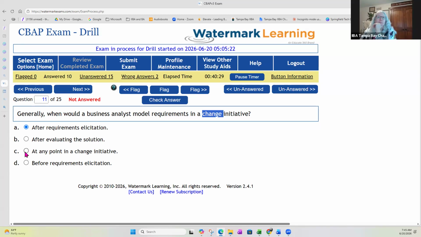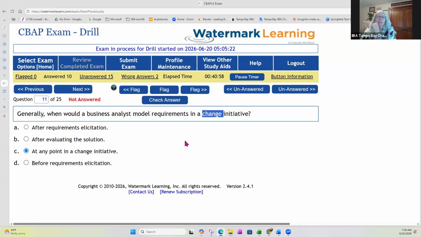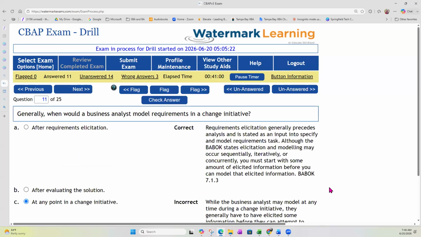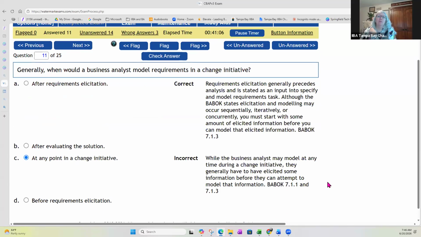Okay. And Gabrielle, why do you like C best? I think it's at any point, because then we have also the beginning requirements and also other stages where we put requirements in the process. Okay. Let's test C and see what we get. Oh, you're back, Amarachi. Good. Okay, so